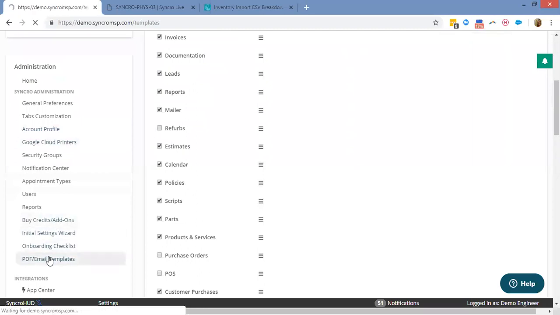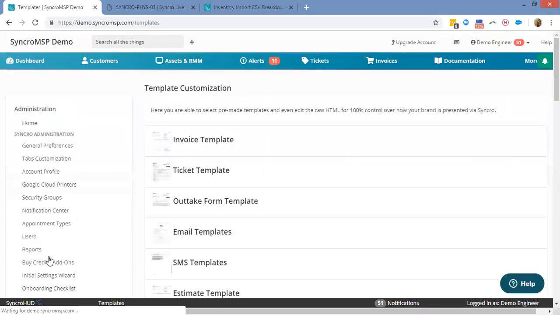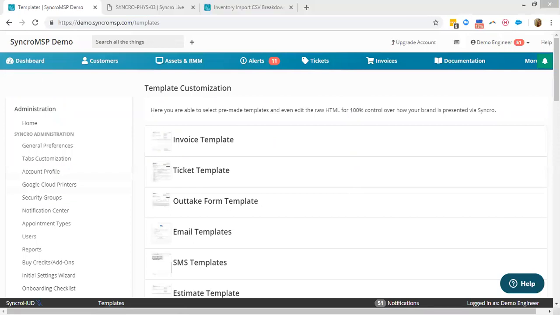But let's look at PDF and email templates. As you're going through this admin section, you can see right away that there are so many different areas that you can customize within Syncro. This is worth highlighting because not only can you customize the email that's going out to your customer letting them know that they have a new comment on their ticket,